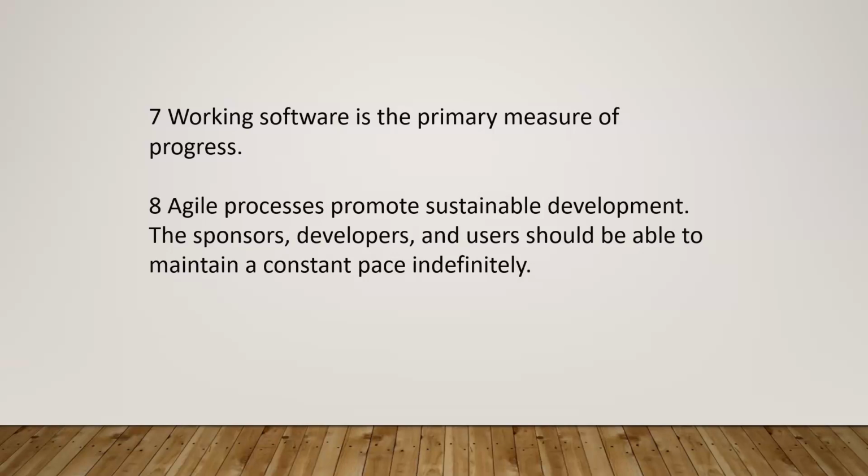Working software is the primary measure of progress. That's what we have discussed, right? If we keep updating our status report saying I have completed this much percentage of work, 60%, 70%, and you are not showing what is actually working, then how do we measure the progress? It will be just on words, but not really working. So working software is the primary measure of progress. If you show what you have done, then we can say yes, you have made some progress. Or else it's only words, nothing working.